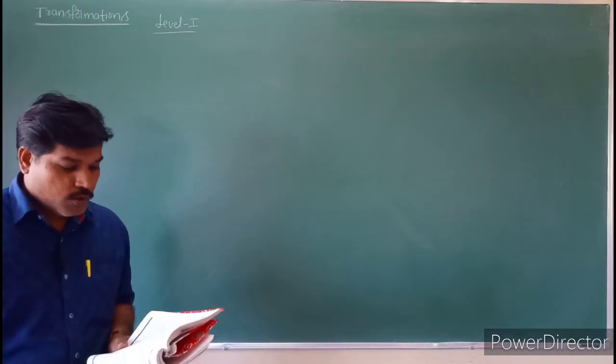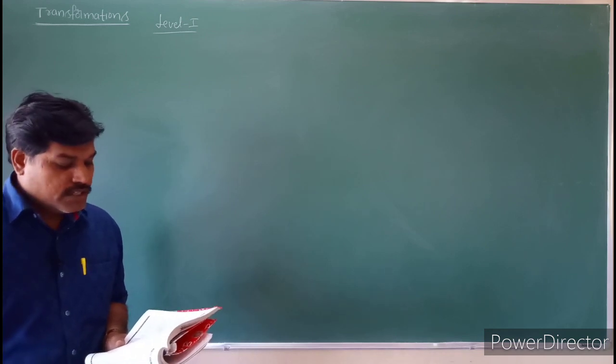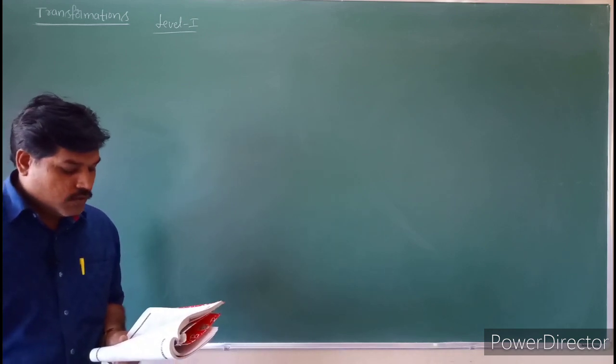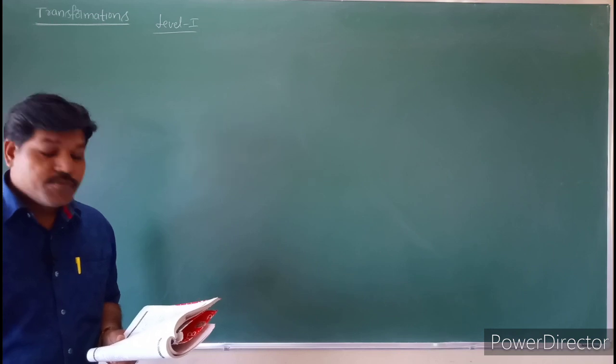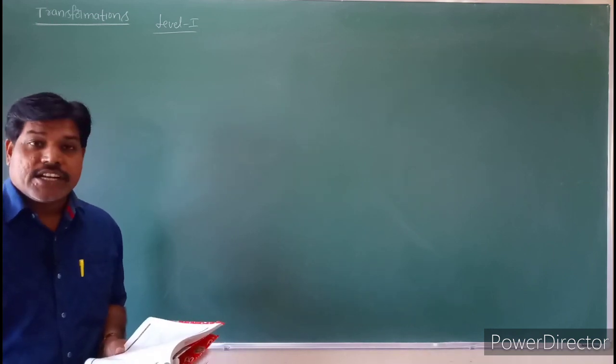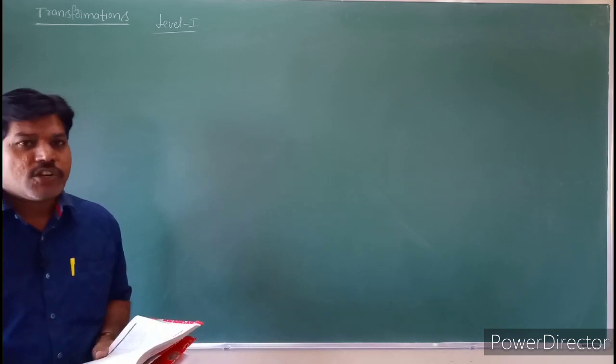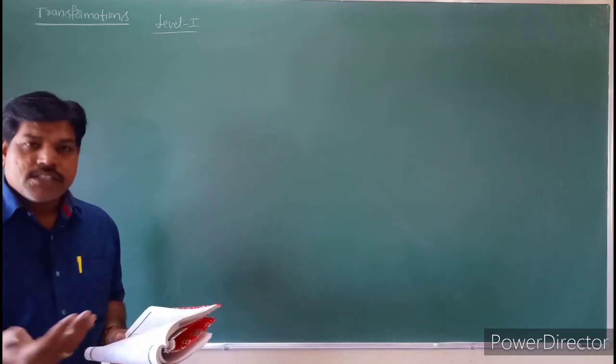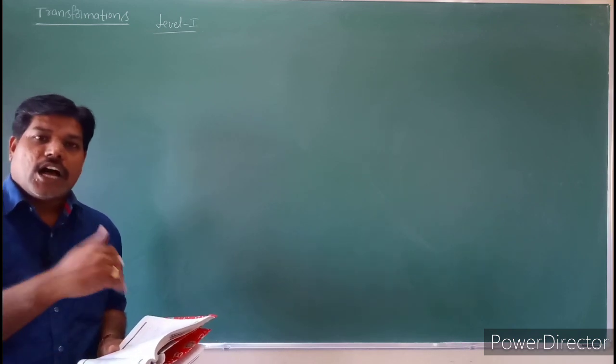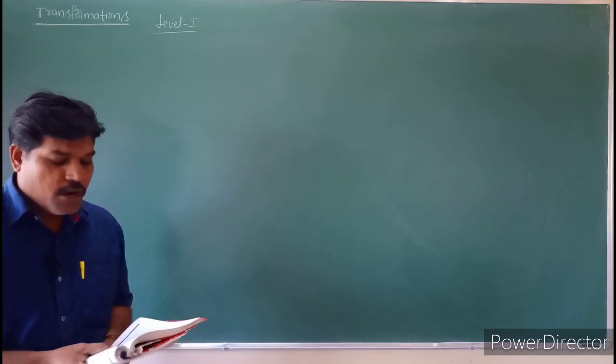See the question number 9, students. What is that? A plus B plus C is 180. So you can check that condition, students. A plus B plus C is 180. So take A is equal to B is equal to C is equal to 60 degrees. Then substitute in the given problem and substitute in the options also. Okay, so try the question number 9.